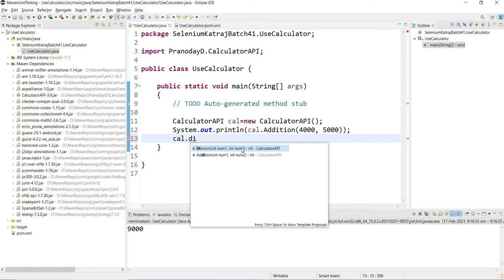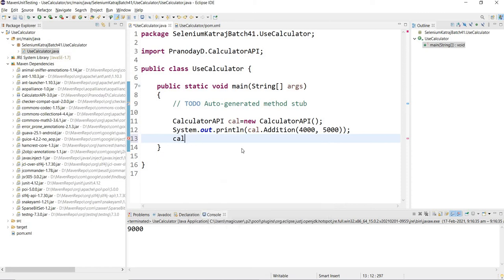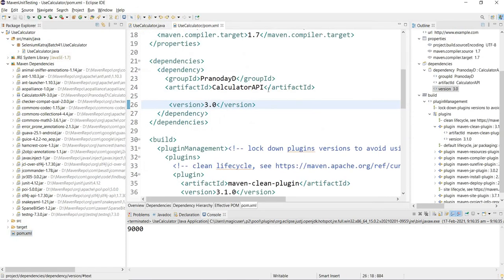If I again change my dependency in the POM XML to 2.0, which I can do, let's change it to 2.0. As soon as I save it, Maven will build the class path. See here, calculator API 2.0 from the local repository is connected to my project now.